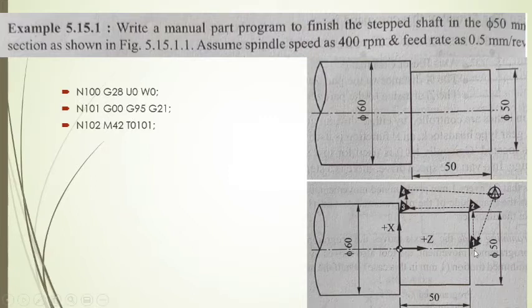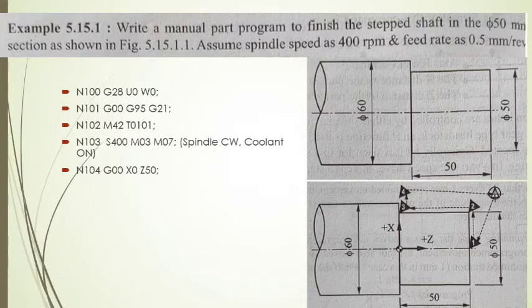As we know, the machining operation will start at position number 1, and coordinates for position 1 are 0, 50. So the x coordinate is 0 and the z coordinate is 50. So we will use these dimensions to move the tool rapidly to position 1. That can be done by G00, X0 and Z50. So X0 and Z50 are the dimensions for this point number 1.